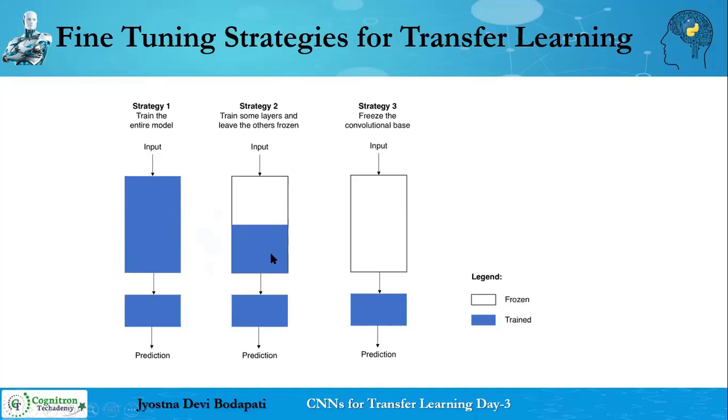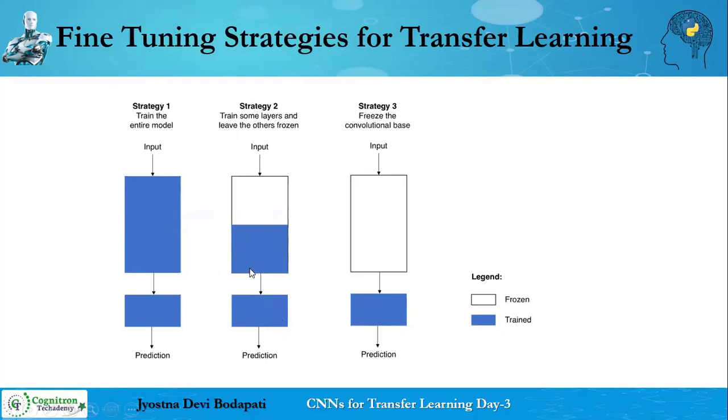And then the second strategy, what you are doing is, half of your convolution blocks are frozen. That means you will not allow them to train. That means whatever weights are already obtained by the VGG 16 model when it was trained on the ImageNet dataset, the same weights you will be using. So that's the meaning of this hollow space. The colored space indicates that you are allowing these convolution blocks to be trained. And again, of course, the fully connected layers, I am allowing them to train. So that is what the second strategy is.